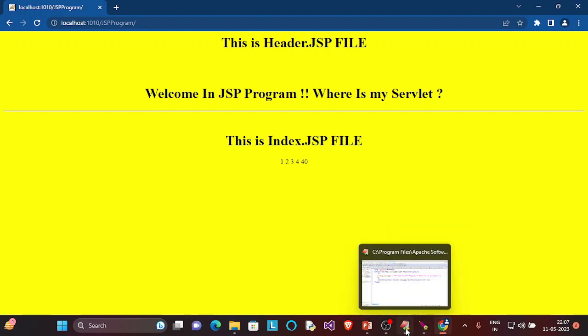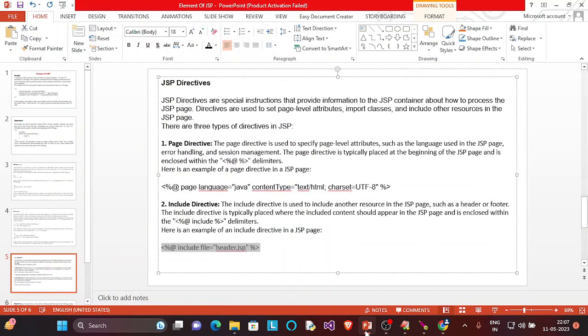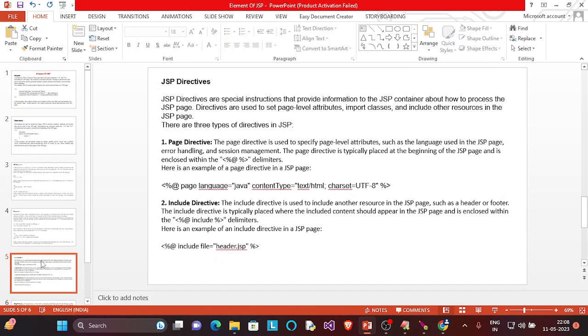Okay, so this is about the include directive tag. So that is how we can include other files in our JSP page. And our next tag is